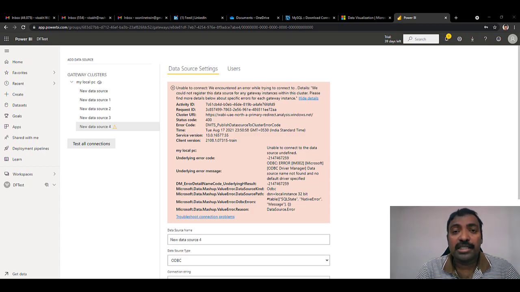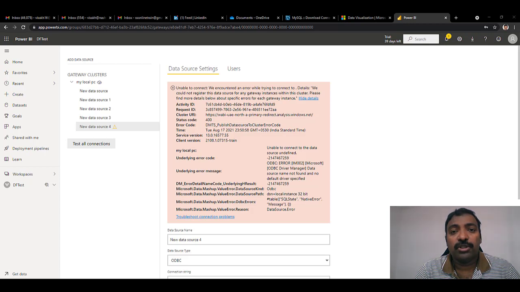For getting this DSN to work correctly inside Power BI service, we need to use a 64-bit DSN. But we have already found that the 64-bit DSN will not work correctly locally. So then what is the solution? What we can do is, while doing the local development, we can use a 32-bit DSN, and before deploying it to the service, we need to change it to the corresponding 64-bit DSN.